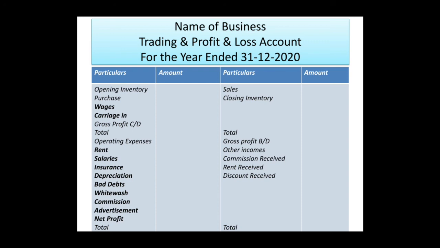After recording the direct expenses, we will find gross profit. Then we will bring the gross profit forward, and in gross profit we will add other incomes. After adding other incomes, then we will deduct all operating expenses. After deducting all operating expenses, that would be the profit of the